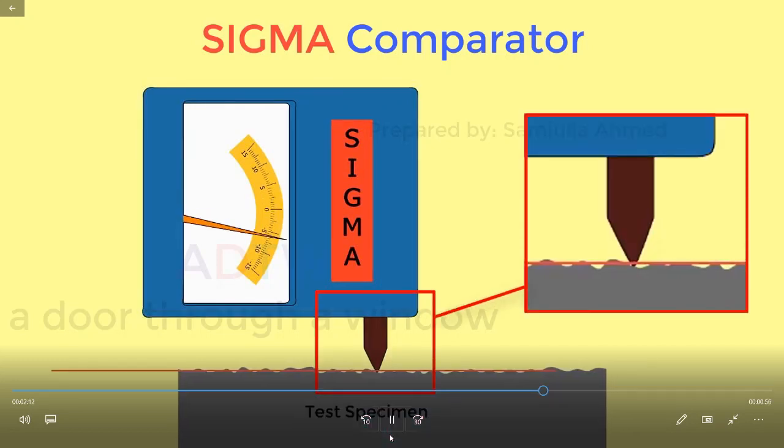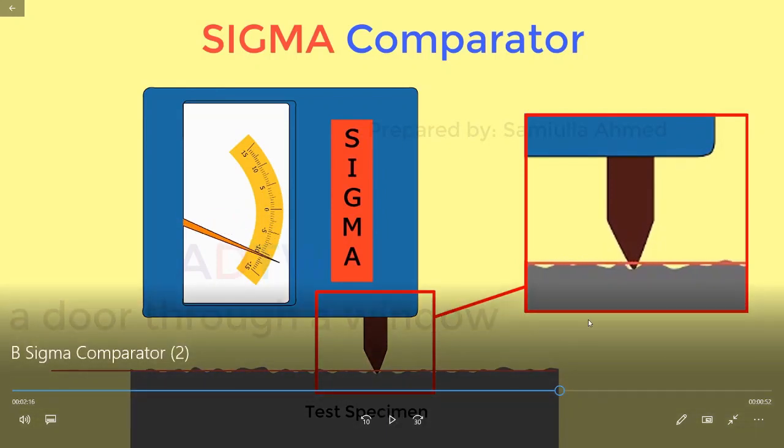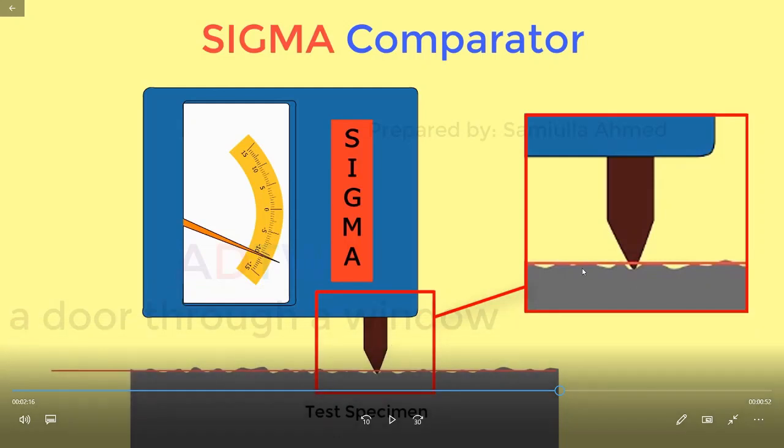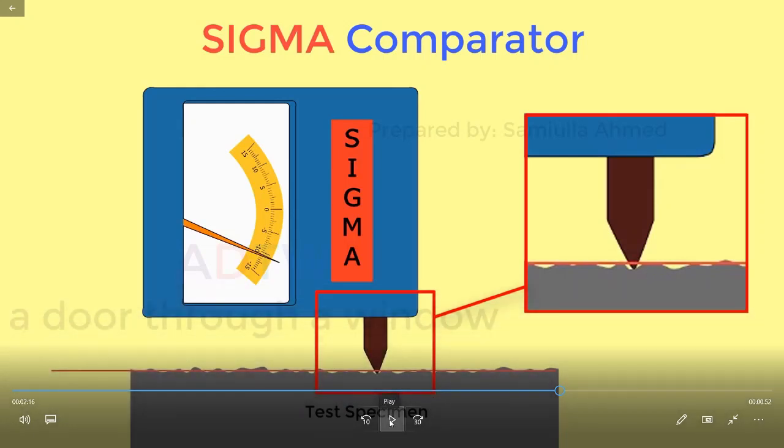Then the test specimen is placed on the measuring table and made to slide below the plunger. Now you can see over here, this is a test specimen. You can see one red color line, that is the standard workpiece line, a horizontal one. Below that you can see this gray color, it is the specimen to be tested. It has some uneven surface, and due to that your plunger is moving up and down, and that motion of the plunger can be noted on the calibrated scale of the instrument.